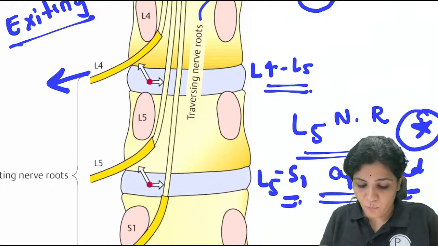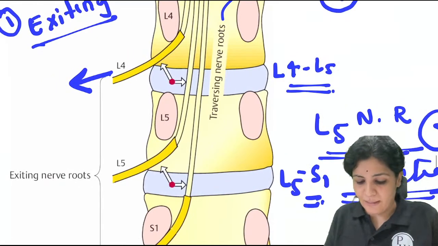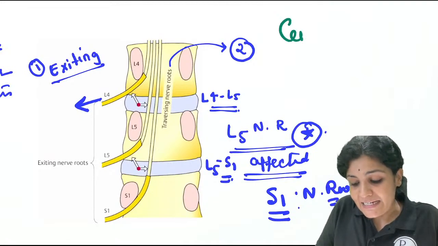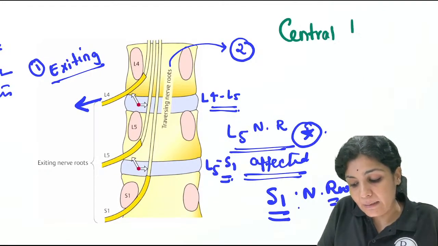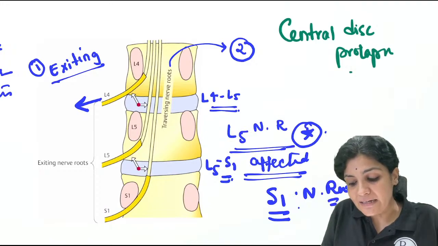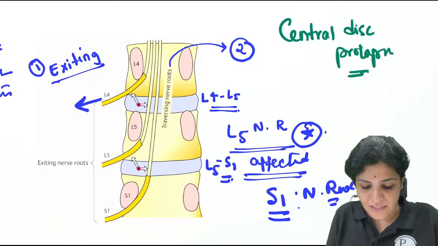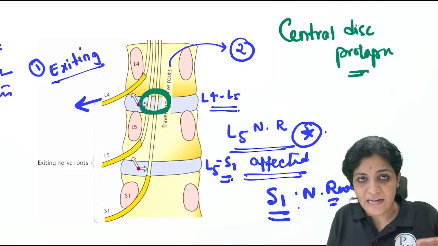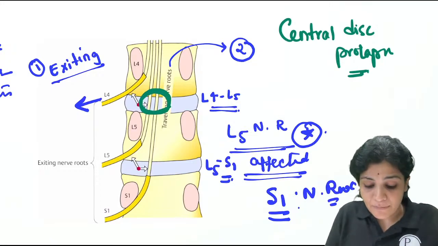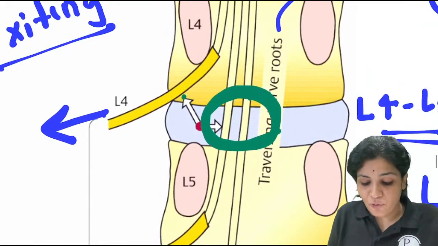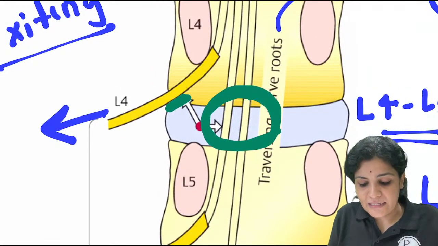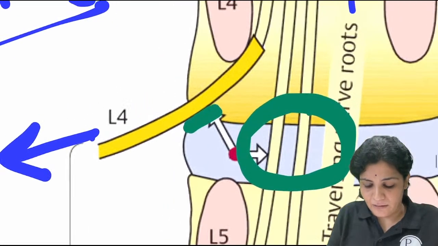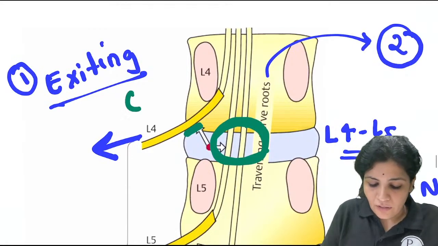So here, whatever till now I have talked about is about the central disc prolapse. That means there is a disc prolapse in the center of the disc. So this area is getting affected, which means there is an involvement of the traversing nerve root. But sometimes what happens is the foraminal disc, I mean the corner of the disc,